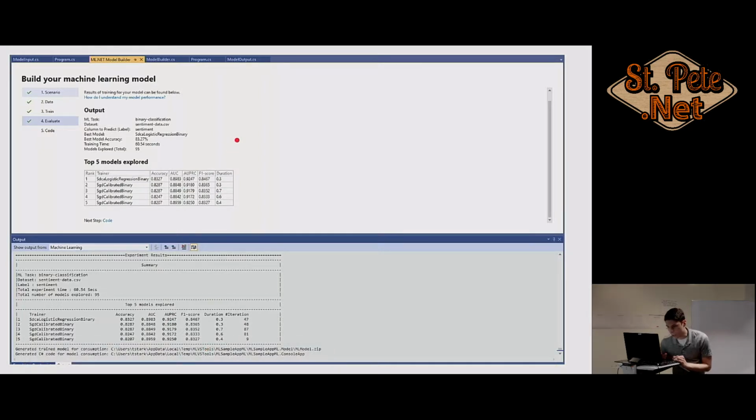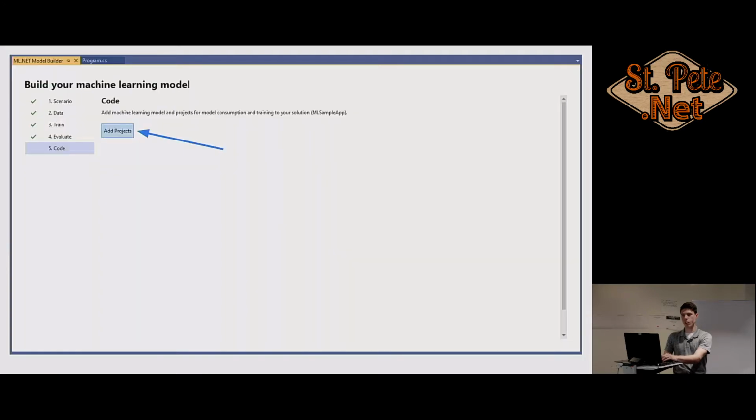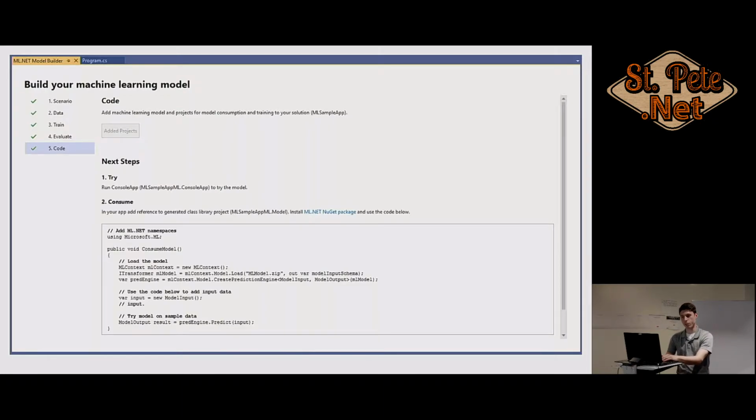So then when you go to the evaluate section, it takes that output from the console and puts it up here in table form, and shows you training time and number of models run, which is 95 for this data set. If you feel okay with that, or if you don't, you can run it again over a longer time until you get the accuracy you desire. If you're okay with it, you can go to the code section, where you can add the generated projects to your solution. So this one, after we've done that,